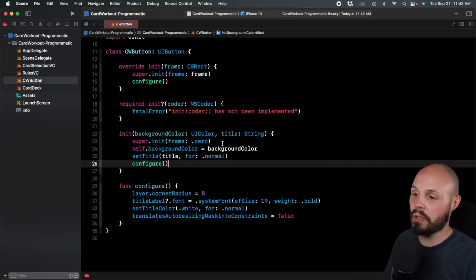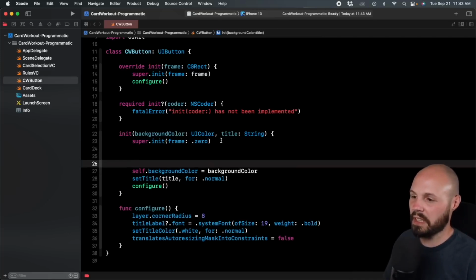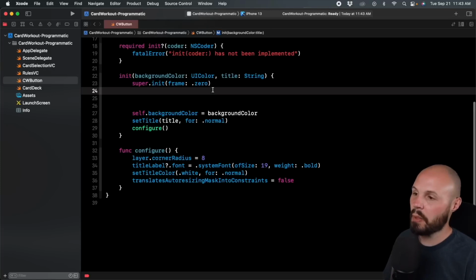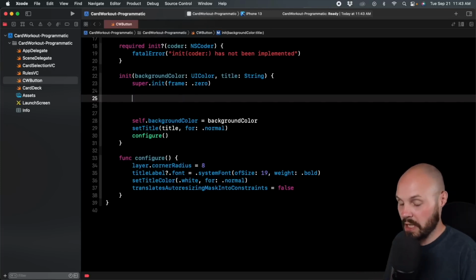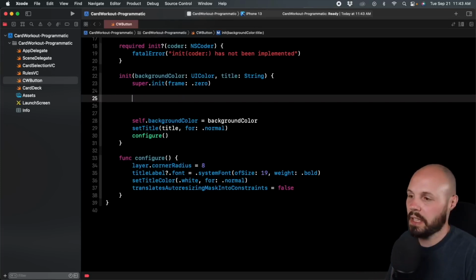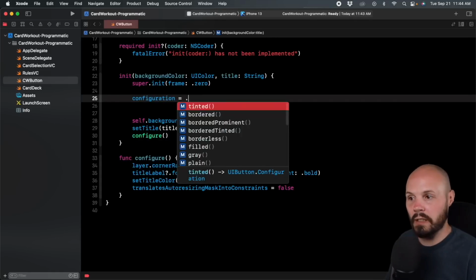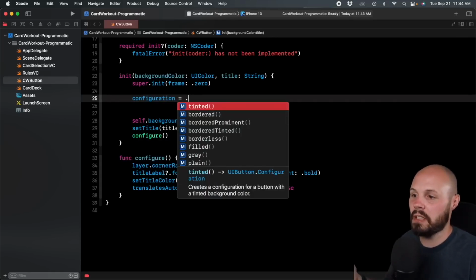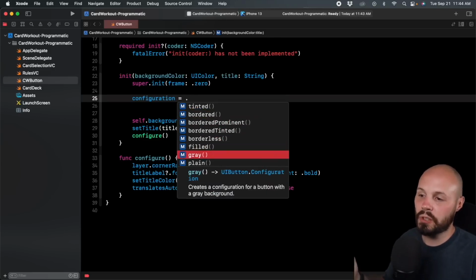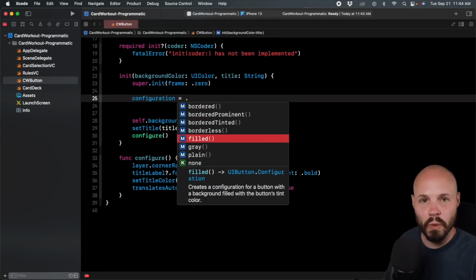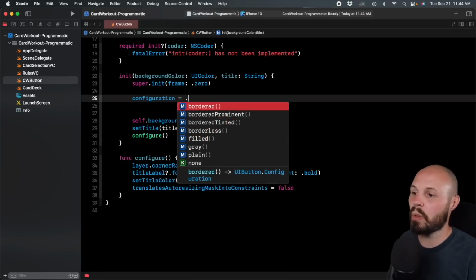So the first thing we want to do, let's just make some space. I'm going to be deleting and commenting stuff out as we go. But the first thing we want to do in our initializer is decide which configuration it is. So we'll say configuration equals, and I'll do dot, and you can see these are the styles, right? Dot tinted, well, there's more styles here. Filled, gray, plain, right? That's what we worked with in Storyboard. I showcased what they are in the last video, so we'll just skip right to what we're doing,